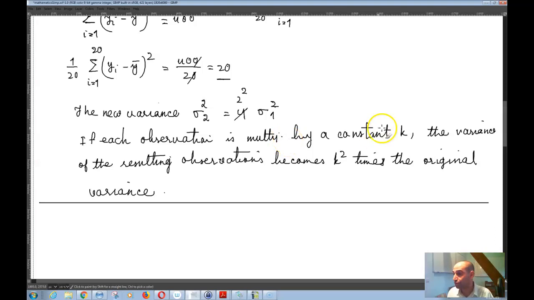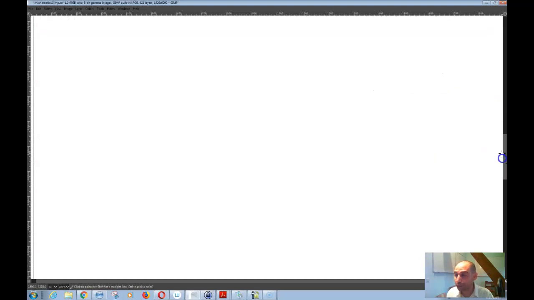Okay, so now question number 17: the mean of 5 observations is 4.4. So you have n equal to 5 and x bar equal to 4.4. The mean of your observations is 4.4 and their variance is 8.24, so sigma squared is equal to 8.24. If 3 of the observations are 1, 2, and 6,